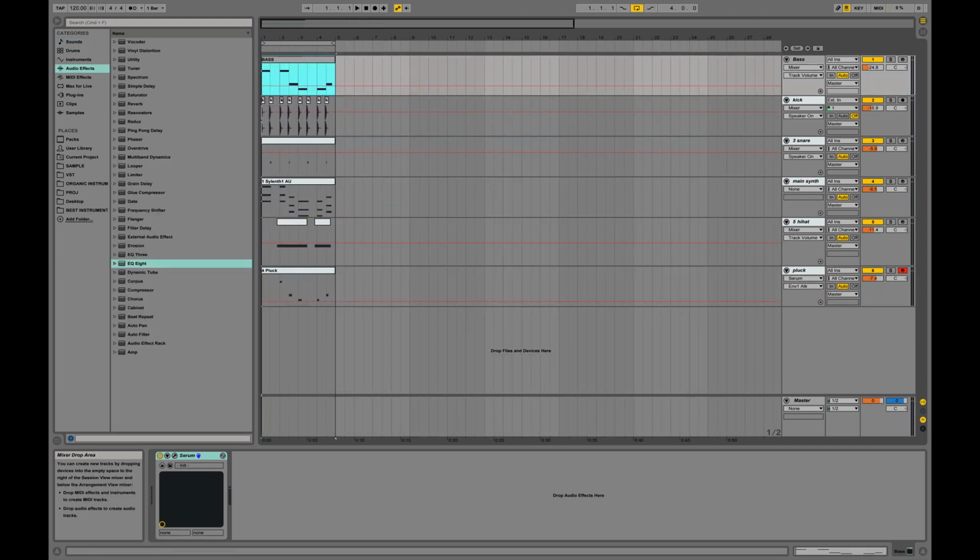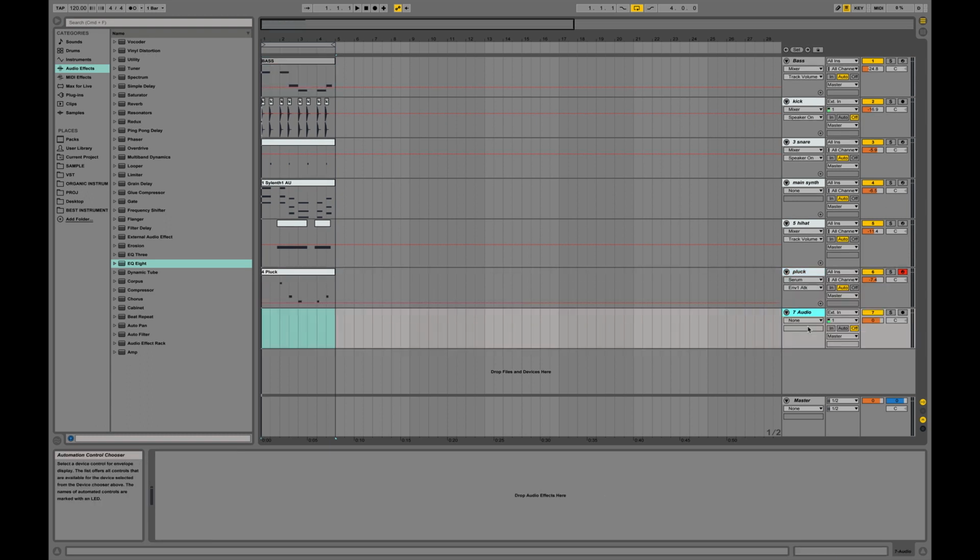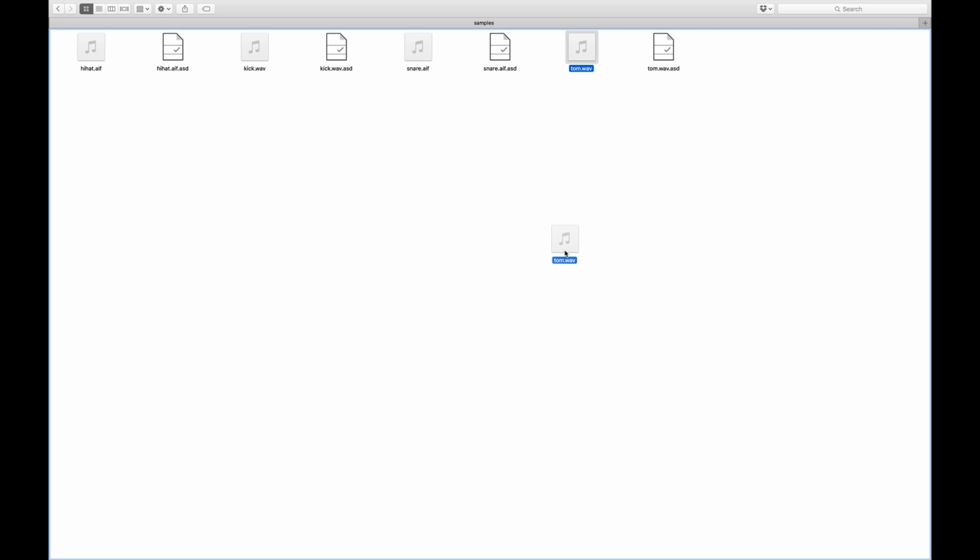Okay, so next part. Let's add some toms at the end here. I added 2 toms at the end to make the beat more interesting, and for that purpose we're going to make an audio track the usual way. And let's go back to our samples folder and find the tom sample, and let's place it